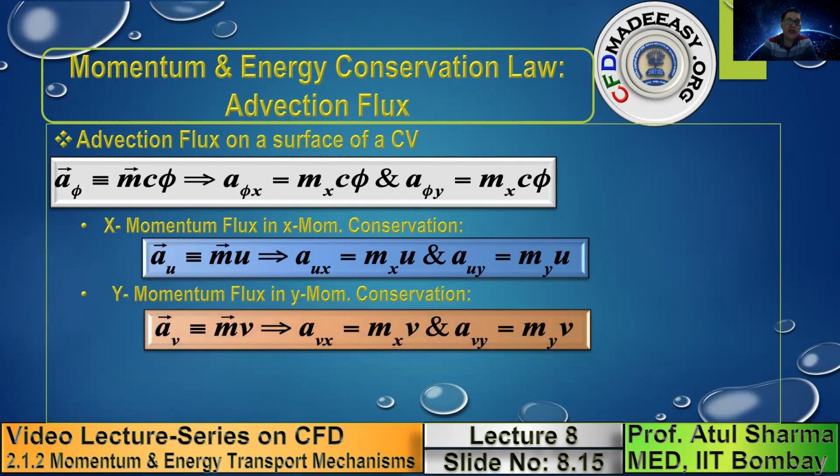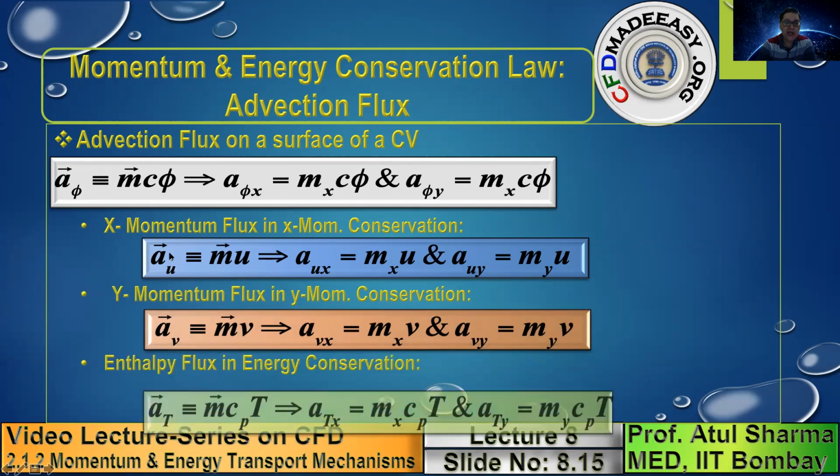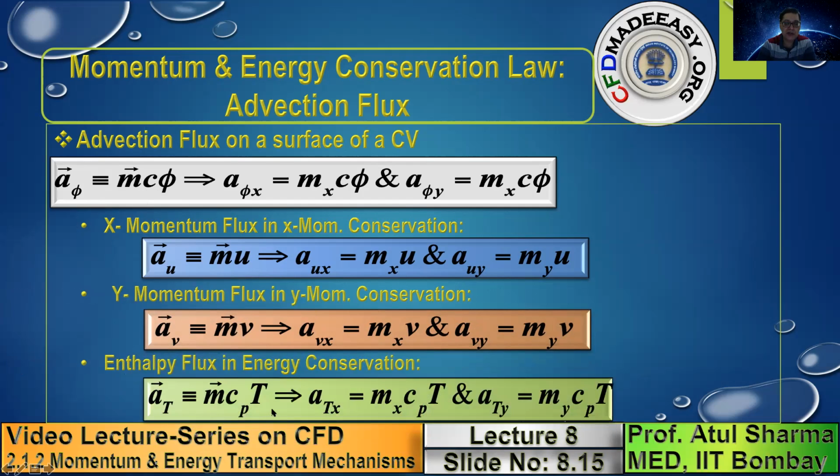Similarly, you can substitute C equals 1 and phi equals v, and you get the y momentum flux in the y momentum conservation. Similarly, when you substitute phi equals T and C equals Cp, you get the enthalpy flux by this expression. So here I am showing you a generic expression because later on, when we go to CFD,